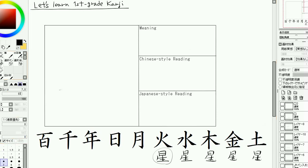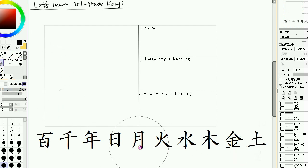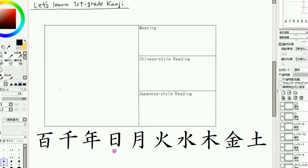But before that, let me talk about something I couldn't talk about in the last video. In the last video, I talked about these 5 planets, just combining the element of nature with the kanji star. But there's something else that is pretty interesting. Instead of this star, if we add 2 kanjis below this kanji, for example,